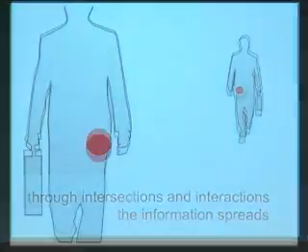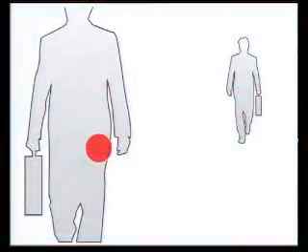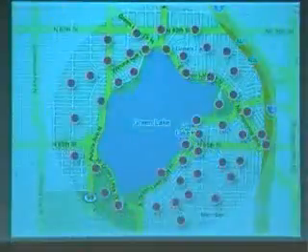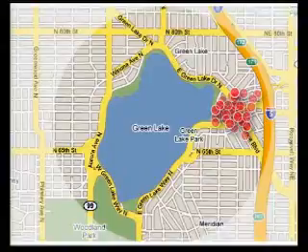Through intersections and interactions, the information spreads. And spreads. Culminating in a populated event and a better community.